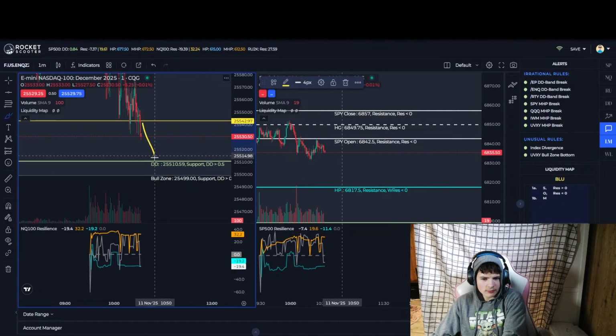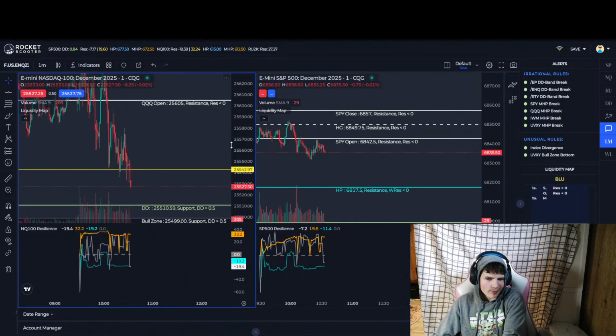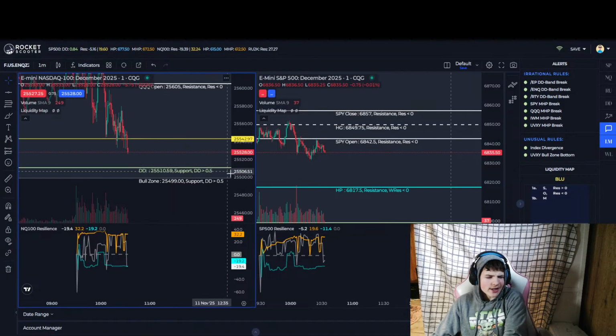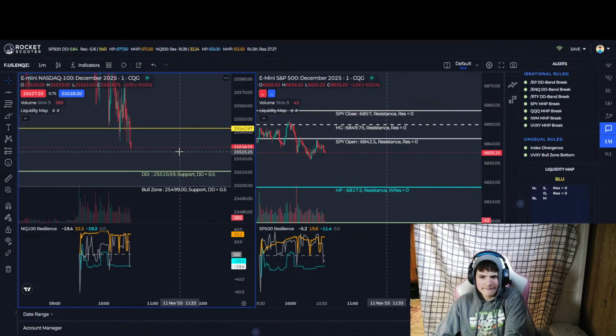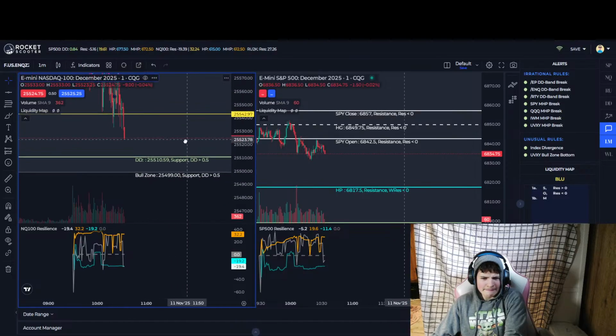He's saying buy on DD band there for a quick scalp. I thought you could go from DD band to QQ open, but because we're under this yellow line, it's not a catalyst line. Catalyst lines are purple.